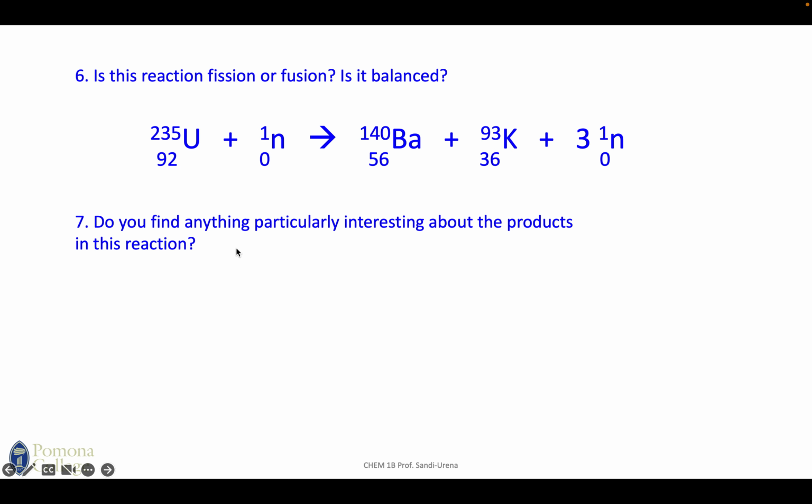And number 7, do you see is there anything particularly interesting about the products in this reaction? When you look at the products in this reaction, you look at the full reaction, and then you look at the products and see if there's anything that gets your attention, and that's going to help you with the next